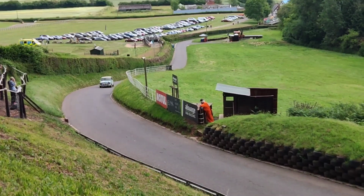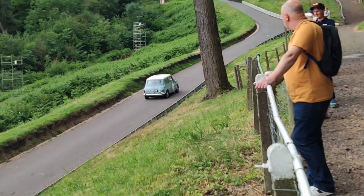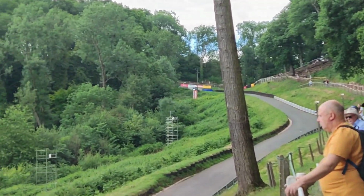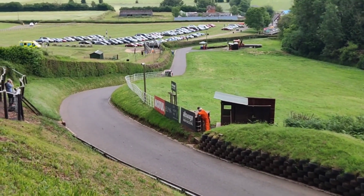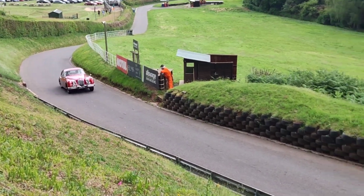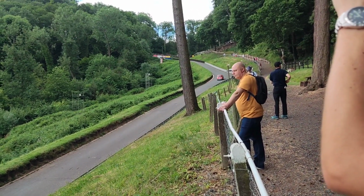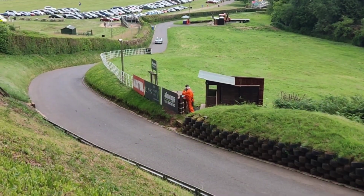It's a nice little Mini coming up, is it? Ideally suited to hill climbing, that tiny short wheelbase, very precise, and of course a real innovation in making a compact car, allowing for the XK150, which was the last of the XKs of this era, heading up the hill at the moment. And now though,